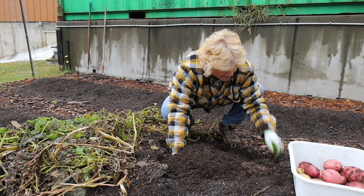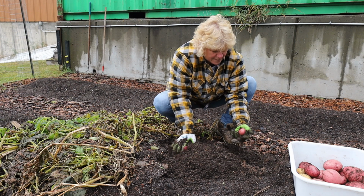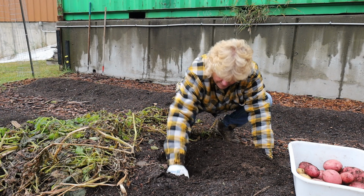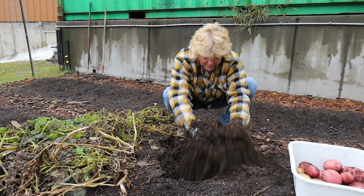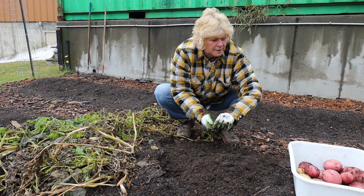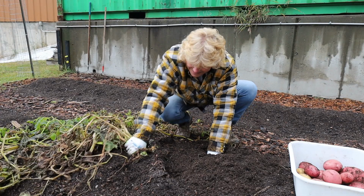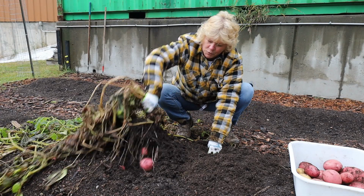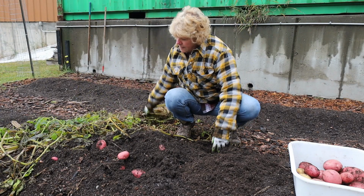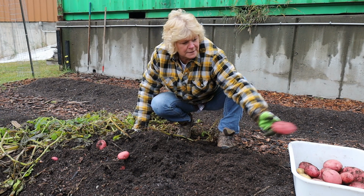And there's lots of them in here. There's another one. I don't know why those ones were so big, and now I'm not finding them. Let's try this one, because I'm gonna need potatoes for tomorrow also. Okay, still average size. Oh man,